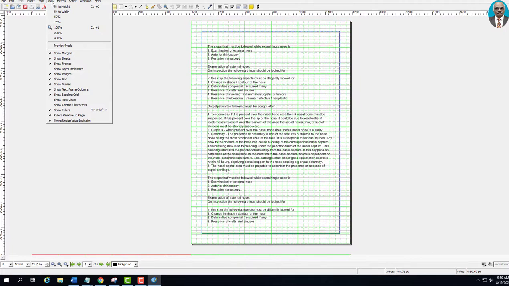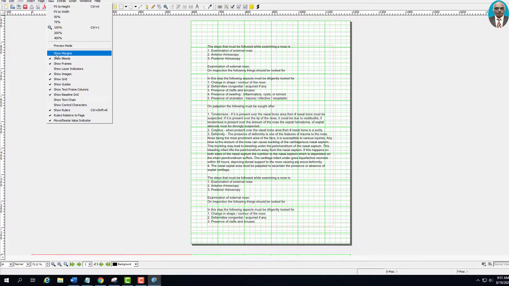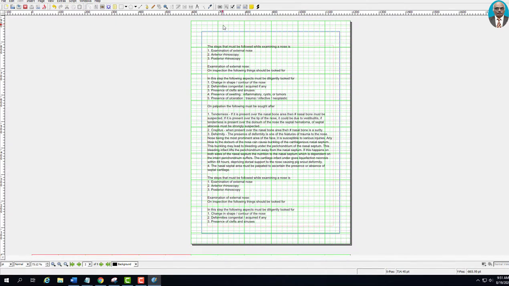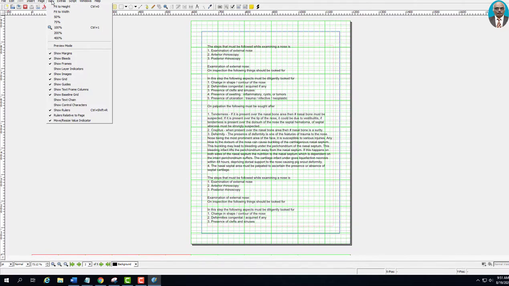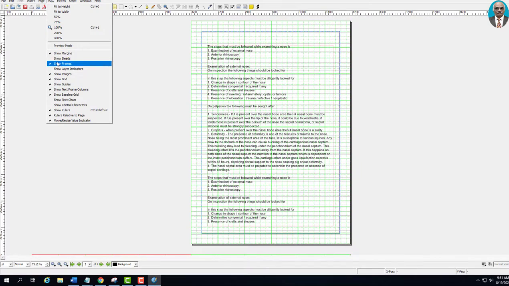Then here there are various settings. Supposing you want Scribus to show the margins, you just check this setting, Show Margins. Now I will remove Show Margins. Now you don't see the margins at all. Now I go to View and enable Show Margins. Now the margins, above, below, right and left, are all clearly shown. Then you can also show bleeds. Actually I have removed the bleeds. So now what will happen if I enable the bleed?